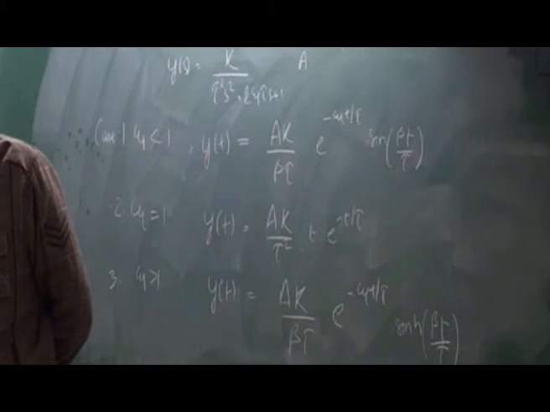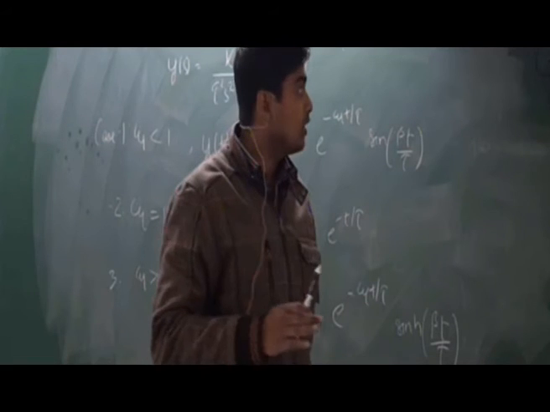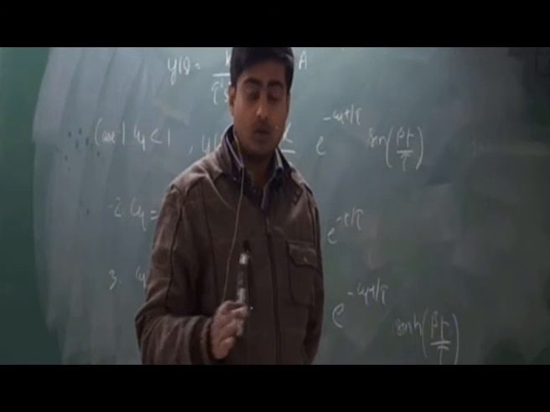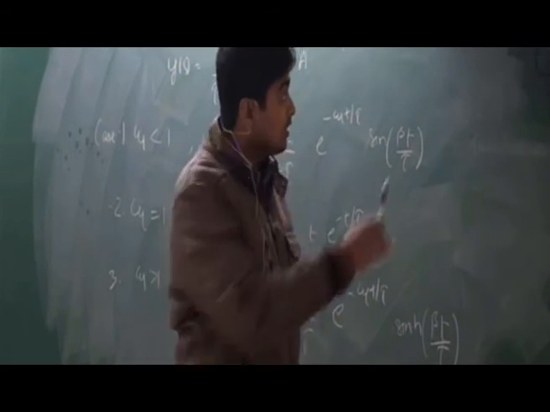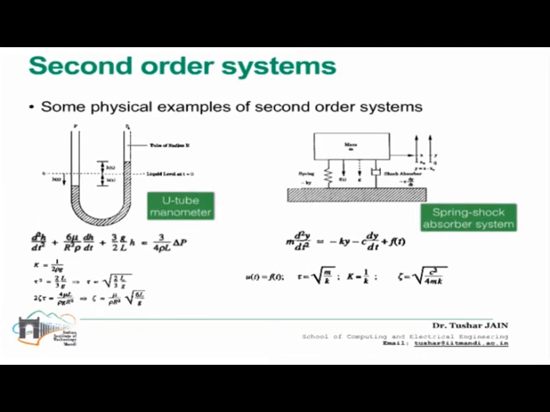Why is the zeta value taken between 0 and 1 for a practical system? Like I said, this is an inherent property of the system. You could design your own system, or your own plant, in the sense that you could have zeta equal to 1, but this is the inherent property. So let's say if you have this spring mass system, once the parameters are fixed, you would have some certain value of zeta. And why do we want only the underdamped system?